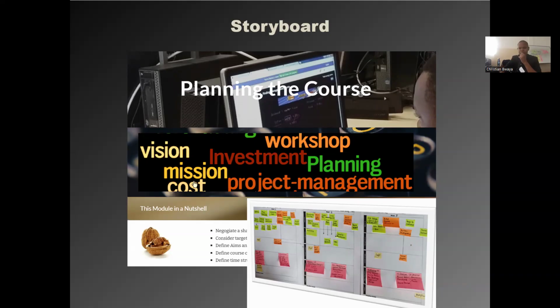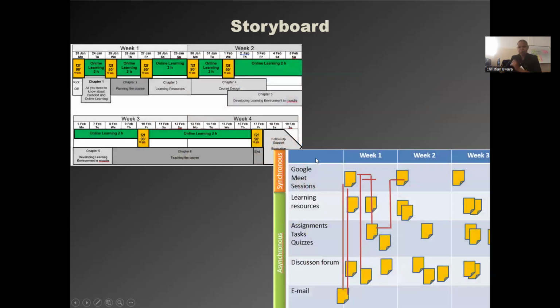You will find on our main homepage a chapter, Planning the Course, where I have given you a step-by-step procedure on how to do a storyboard, such as the one you have here. Of course, each and every storyboard might look a little bit different. Here I'm concerned about a course that took 4 weeks, but was quite complicated, with face-to-face sessions of 90 minutes via Zoom and online learning in between.